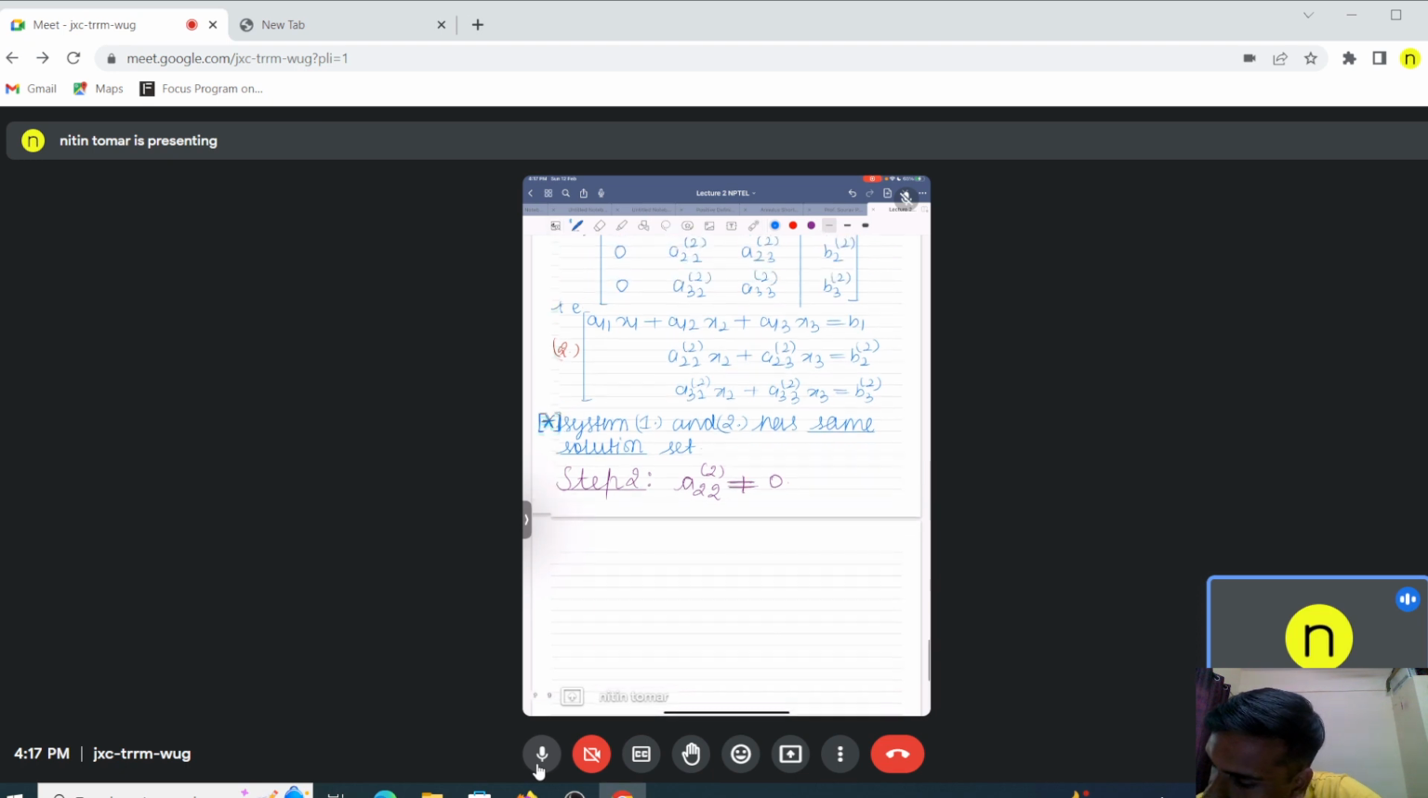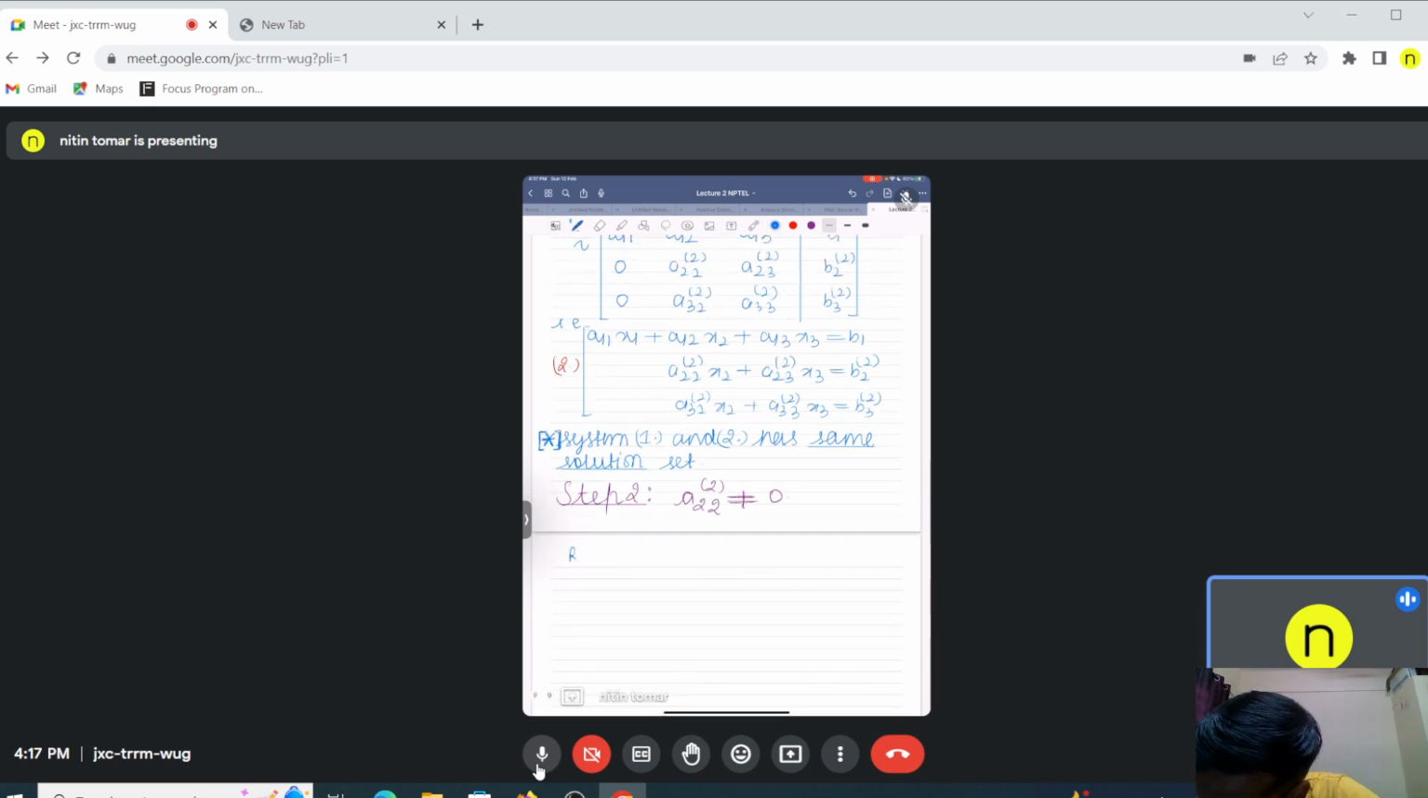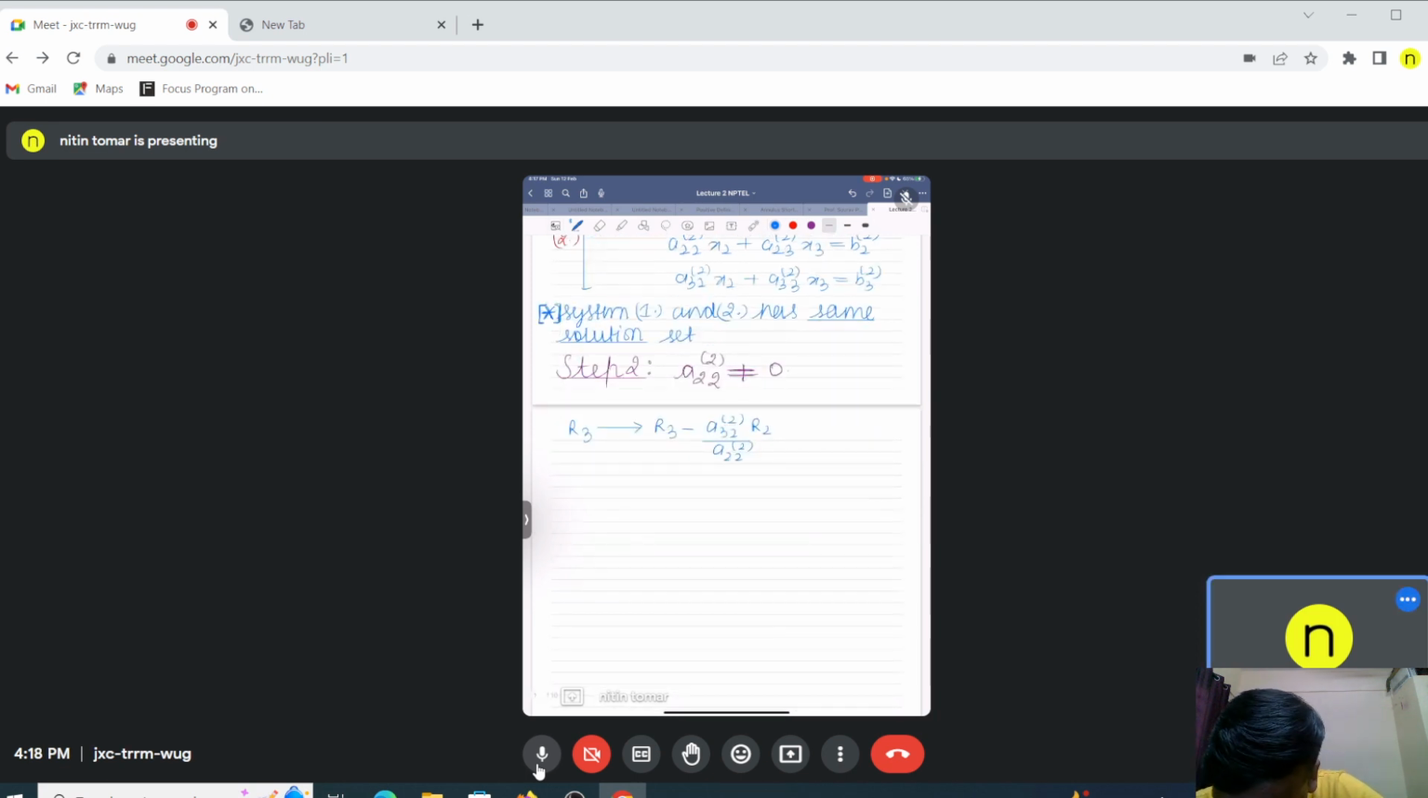Then what will you do? What operation will you apply? R3 goes to R3 minus: you will divide A32 by A22, and then multiply it by R2. Yes, exactly. So this is precisely how we define this coefficient. There is no need to actually, then